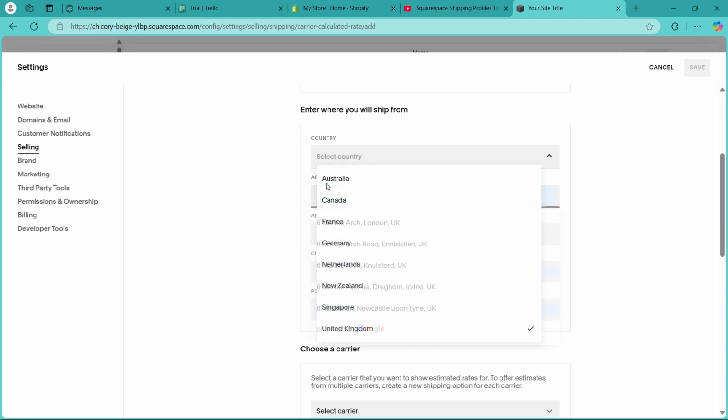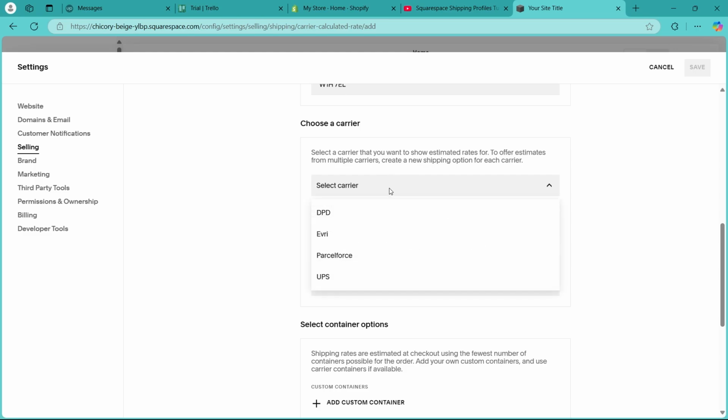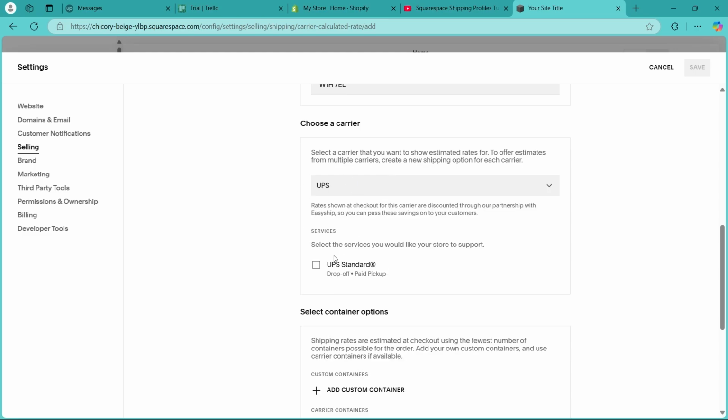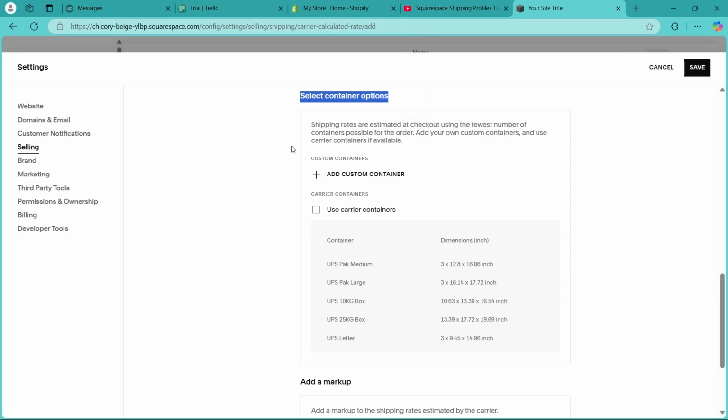Now I will have to just add an address. Now I'll scroll down and in the choose a carrier section, I will have to select a carrier. So you can choose any kind of carrier. I'm going to choose and go on with UPS. Now after selecting UPS standard, I will scroll down and in the select container options, you'll have to add a